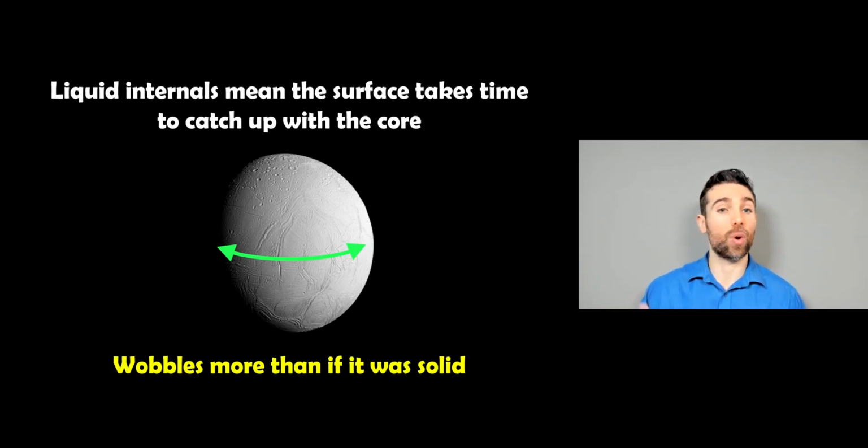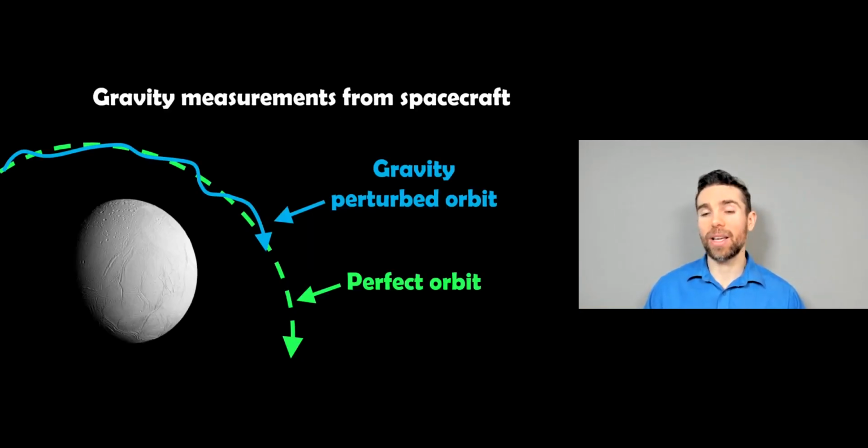So the fact that it's wobbling quite a lot more than if it was expected to be solid gives us an indication that actually it's got a fairly large liquid ocean for these moons. This is one of the ways we can determine there is an ocean below the surface without actually seeing it. Another way is if you've got spacecraft moving nearby, so if they're orbiting it or they pass by,